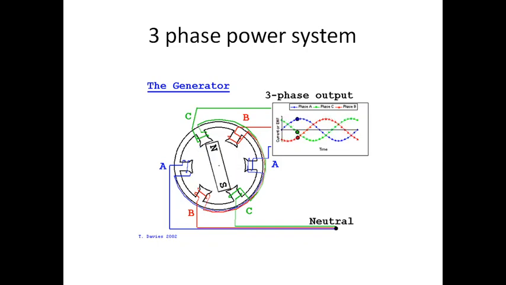This is the animation of your three-phase power supply. Three-phase voltage is produced in a stationary armature with a rotating magnetic field. See, this conductor is rotating and this field is stationary. Three-phase voltages are generated in three separate but identical sets of windings which are displaced by 120 degrees.